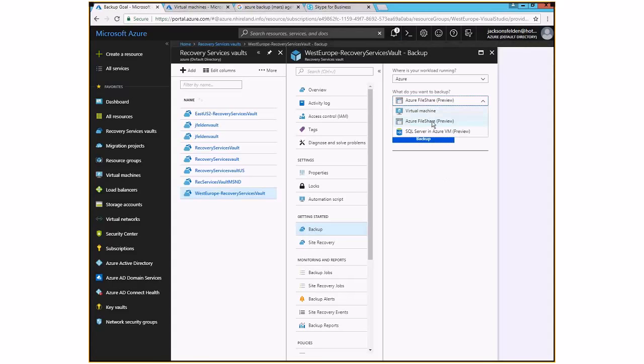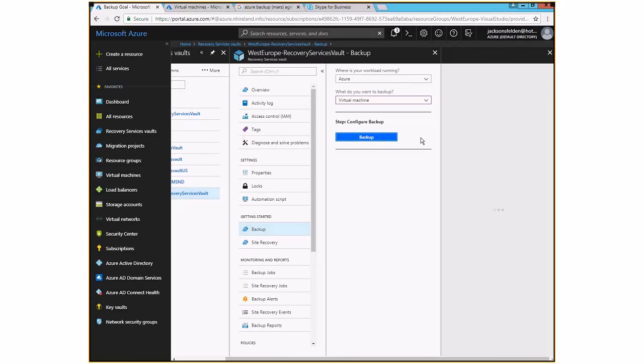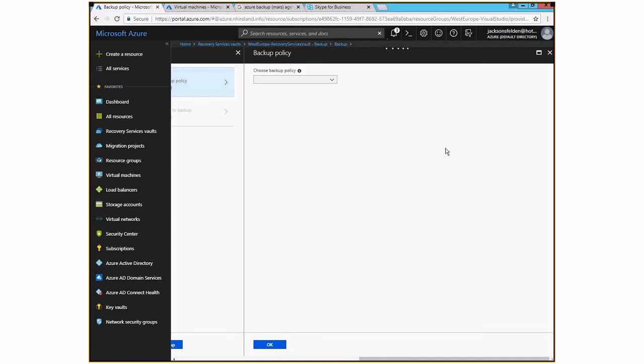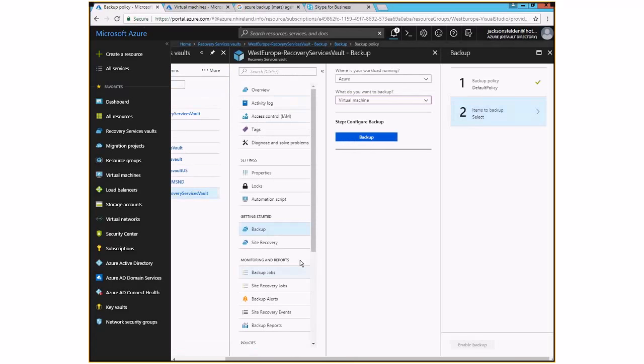The second option is a full virtual machine backup. Same story: my source is Azure, and my target now is Azure Virtual Machines. Click on Backup, and then I need to select my backup policy. I can select whatever I have or create a new one.